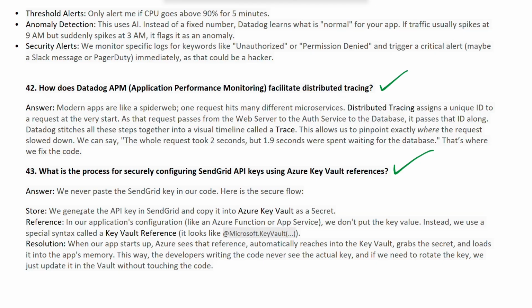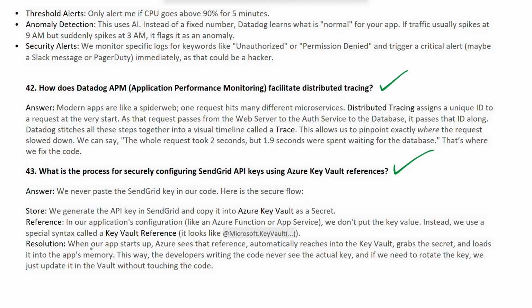In the store step, we generate the API key in SendGrid and copy it to Azure Key Vault as a secret. Then reference: in our application configuration, like an Azure Function or App Service, we don't put the key value. Instead, we use a special syntax called a Key Vault reference. It looks like @Microsoft.KeyVault, like that.